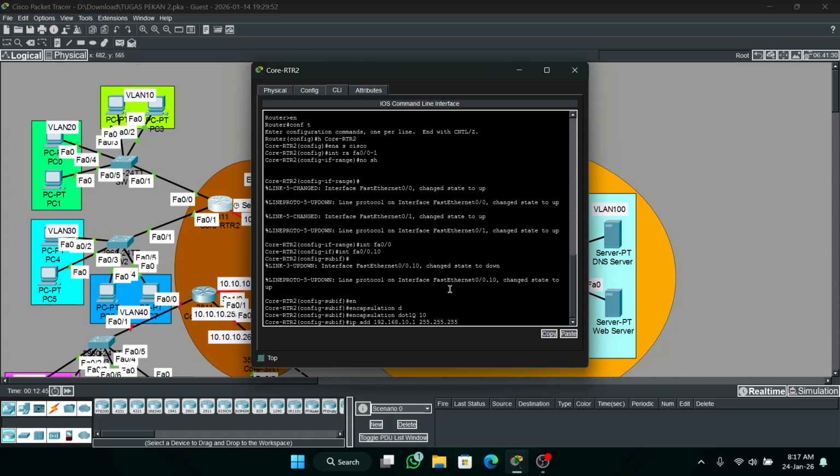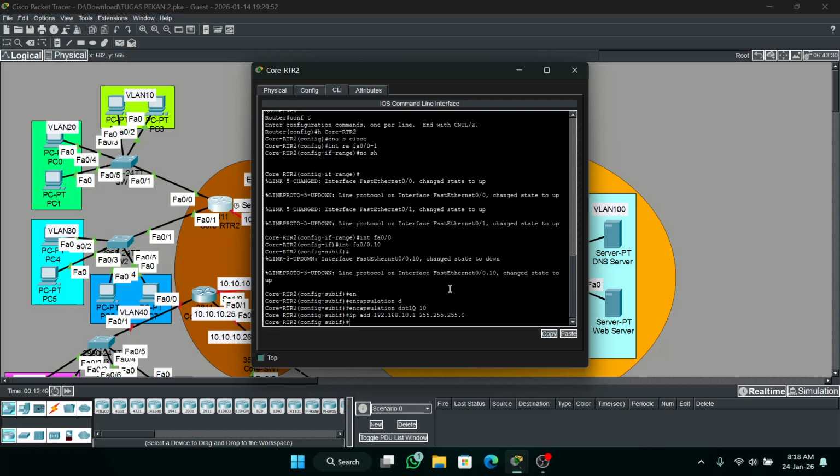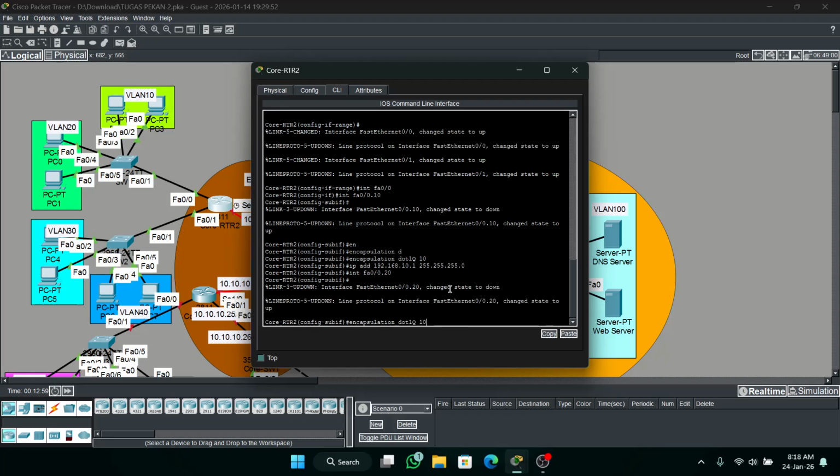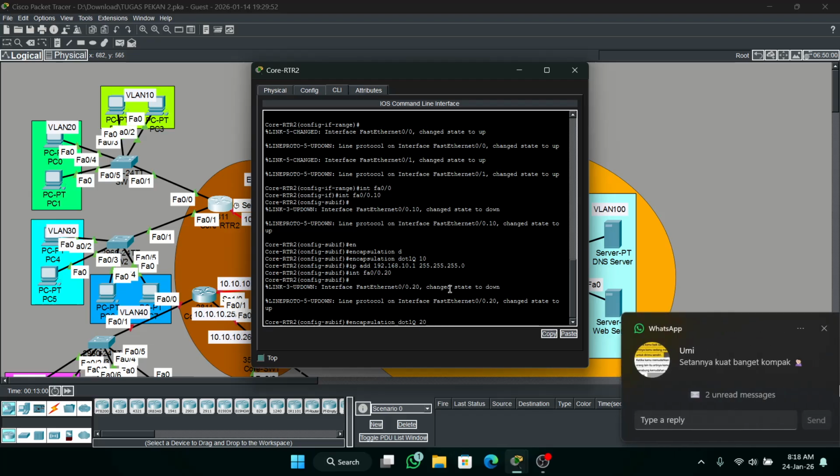We use /24. Do the same for every VLAN. Encapsulation, change the number.